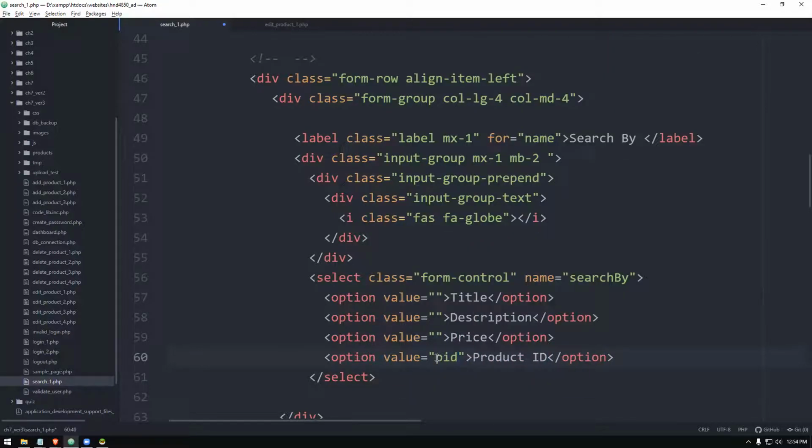As you can see, these values I will process internally using select case or switch statements. That is why I am building it like this.